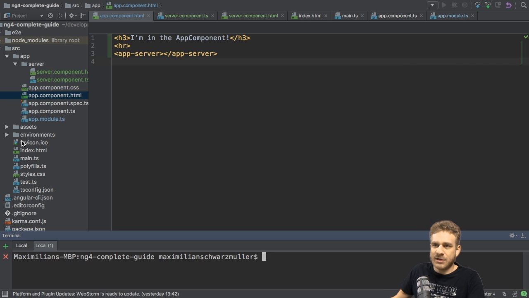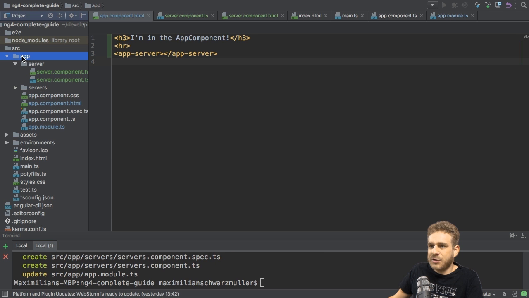We can create this manually by adding a servers folder with our component, or we use the CLI with ng, and there we have a generate command, which allows us to generate some elements supported by Angular. One such element is a component. So we can create a new component with ng generate component and then passing the name servers like this. You can also use a shortcut, and instead of ng generate component, you could say ng gc, which does the same. So if you hit enter, what this will do is it will give you a new folder in your